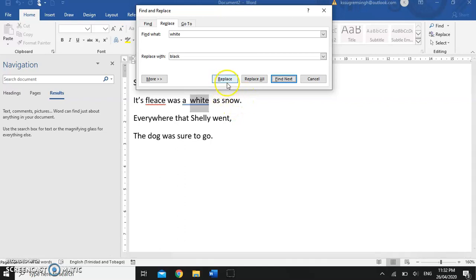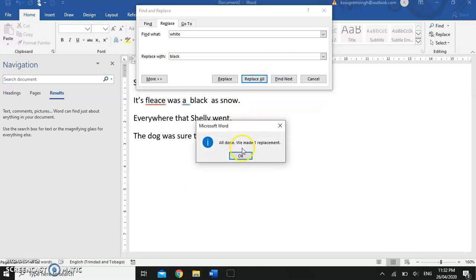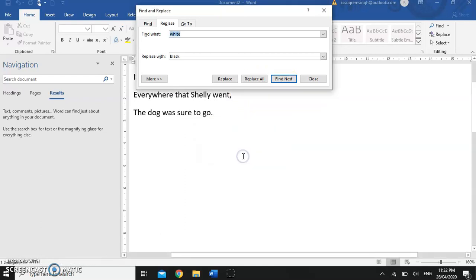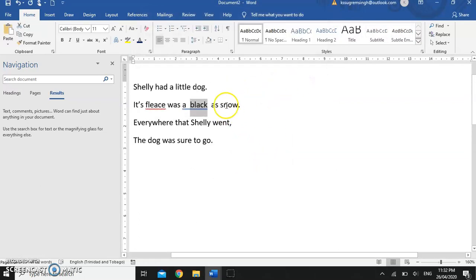Now, I clicked on replace because I know that there's only one instance of white in the document. But if we didn't know that and we wanted every instance of it to be changed, Replace All is the option we are supposed to go with. And the dog's fleece was black as